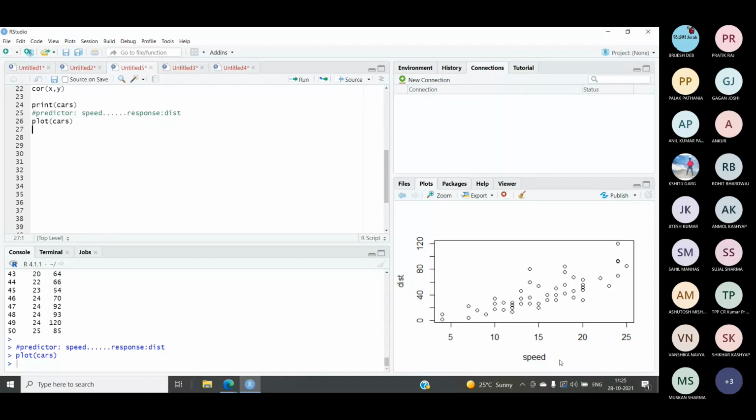Before proceeding further, let me create a copy of this inbuilt database cars. Let's not disturb this built-in database because we can use it for other purposes also. So for that, let's first create a copy of the database. I will create a copy named cars1. Inside this, I will copy the data from the cars data.frame. So I have specified this value, as you can see. Okay, now let's see whether it has been copied or not. For that, use the print command on cars1. So here we can see it has been copied. Fine.